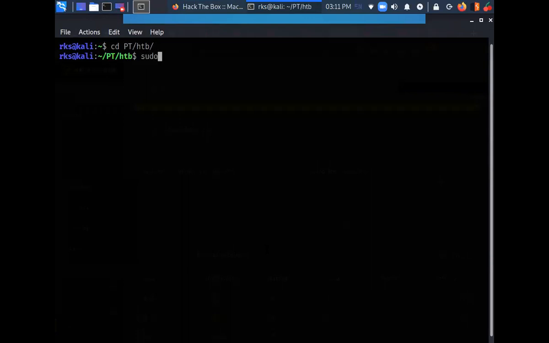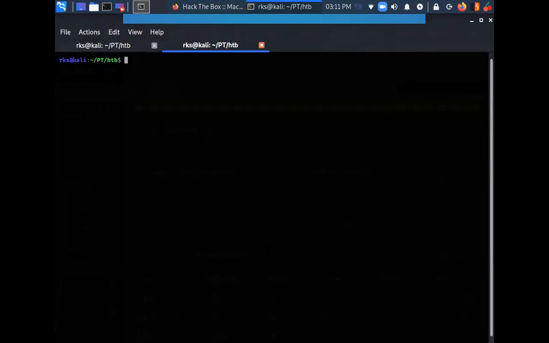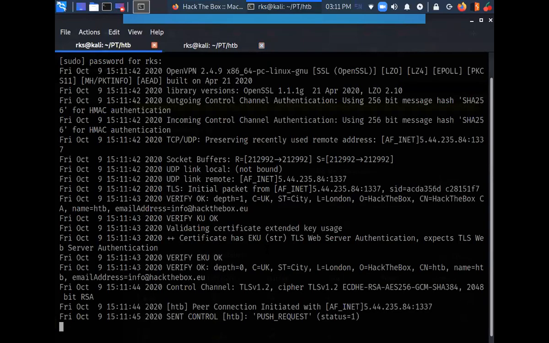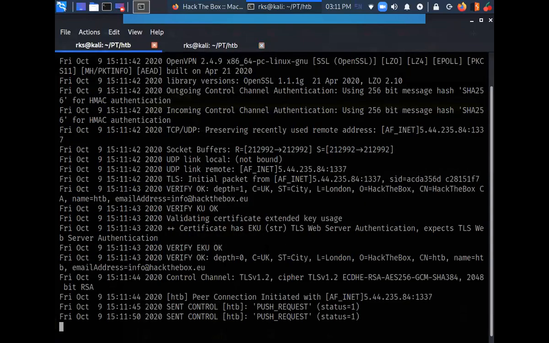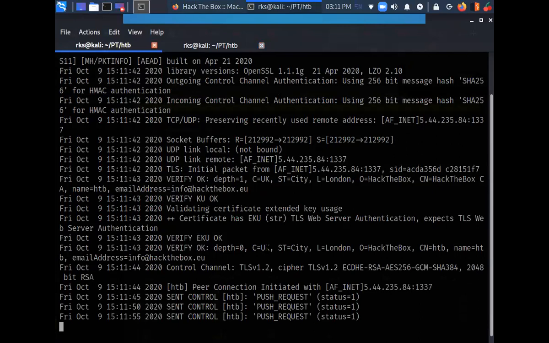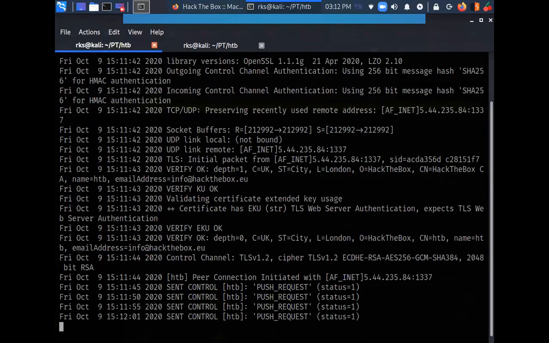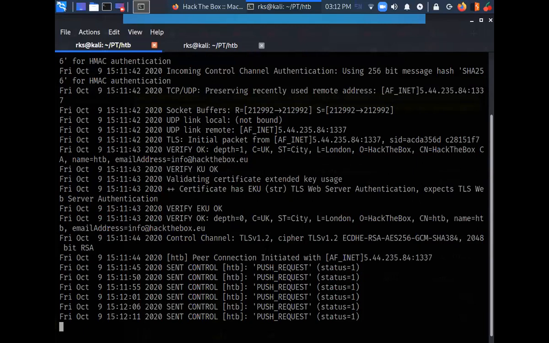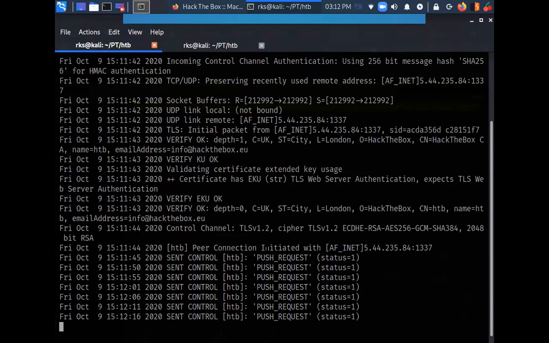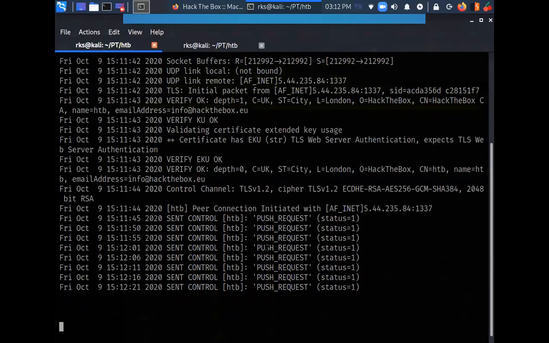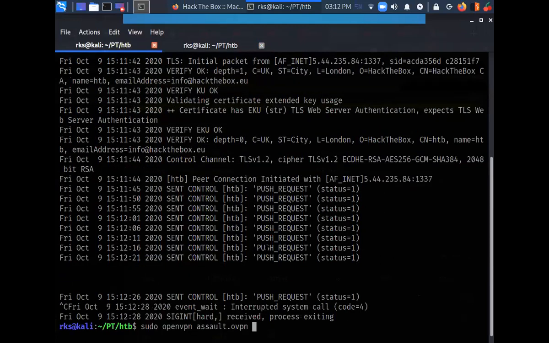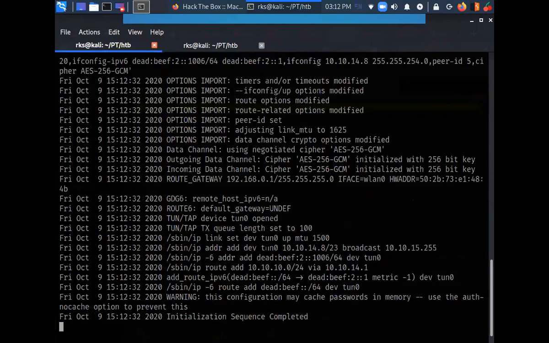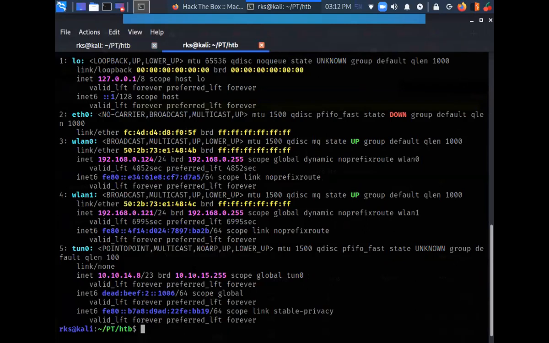So let's set up our VPN connection now. Okay, so we have our successful VPN connection.